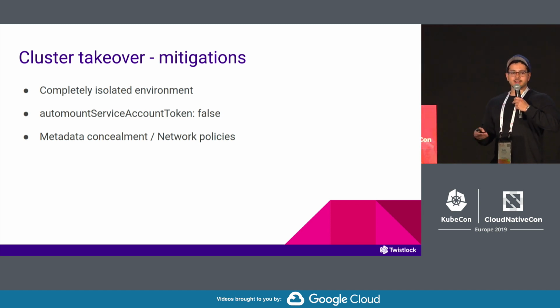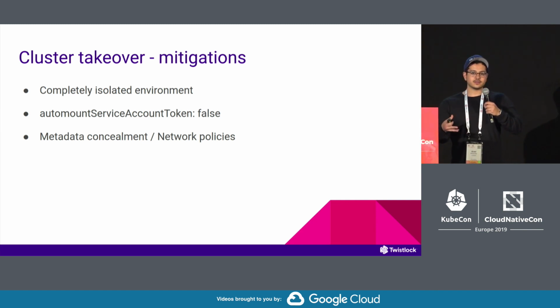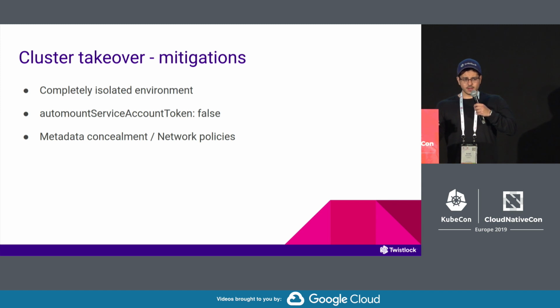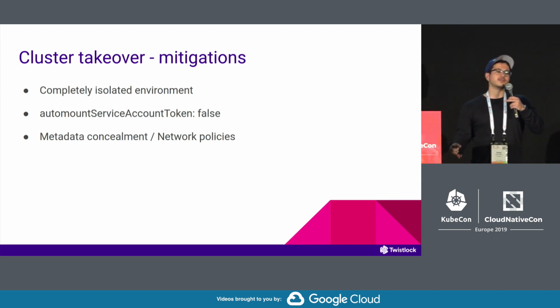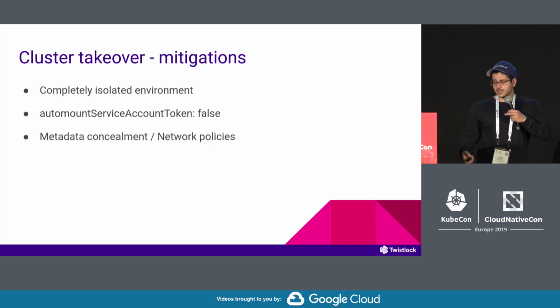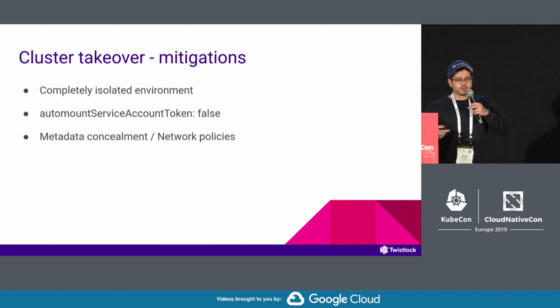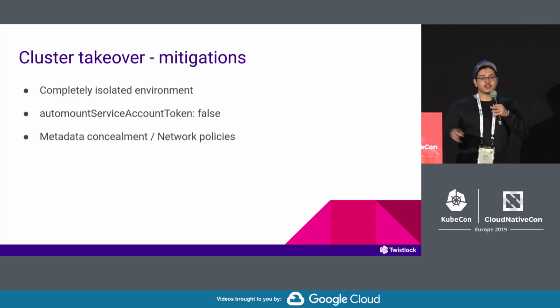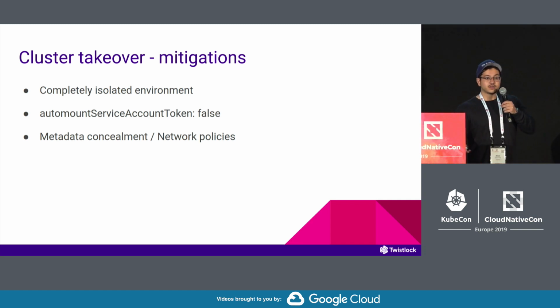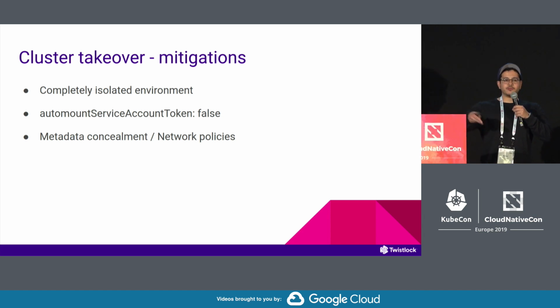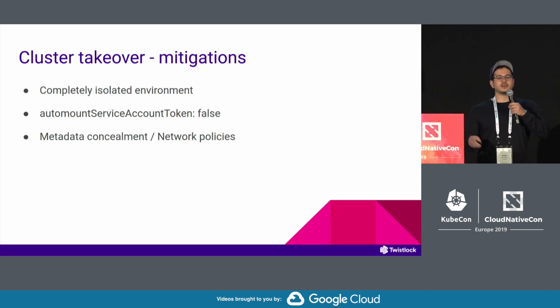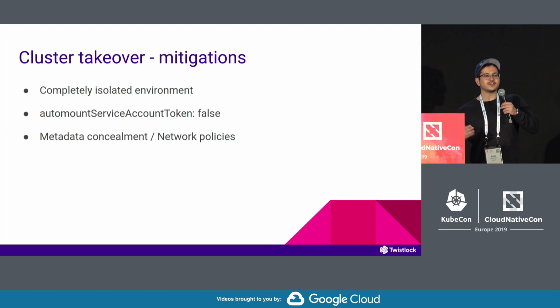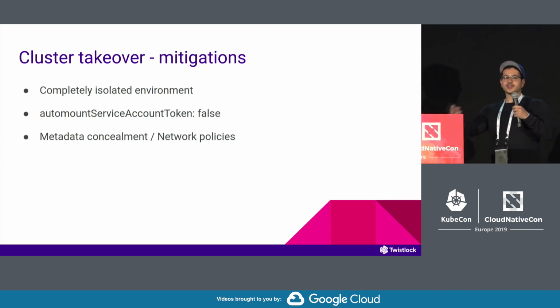And that is important because if somebody somehow manages to break out of a pod and get access to the cluster or the node, they could only see things that are related to the CTF and not Twistlock images. It was very important to us to have this different isolated environment in case something does happen and somebody manages to exploit a CVE or something and get out. At the time we were doing this CTF, there was also the runC CVE, and we were really concerned somebody would use something similar to break out of a container.